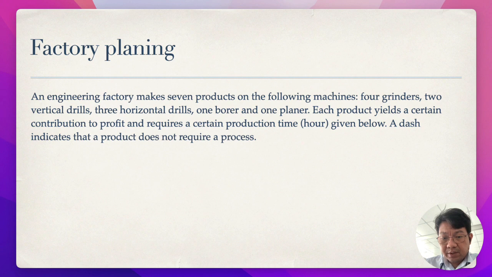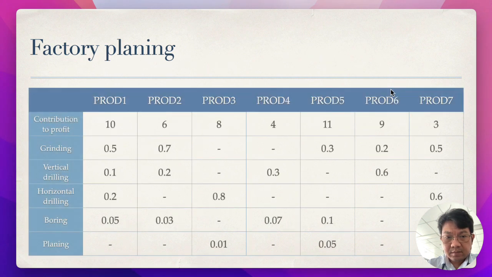And each product yields a certain contribution to profit and requires a certain production time in hours. We will give this information in the table. A dash indicates that a product does not require a process. Okay, and this is a table. You see that